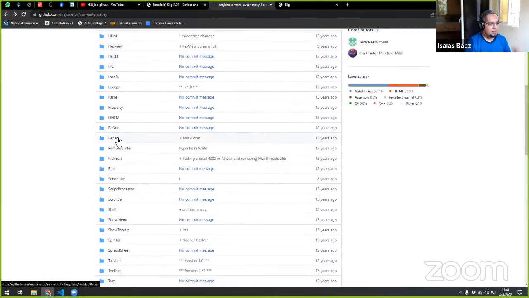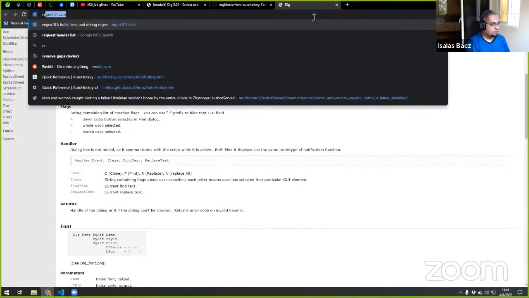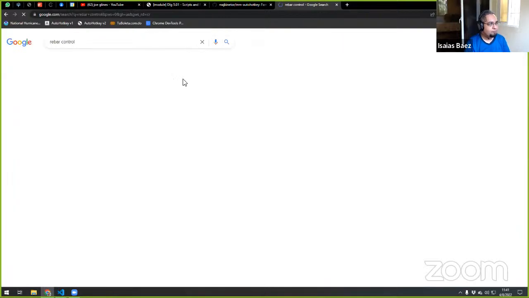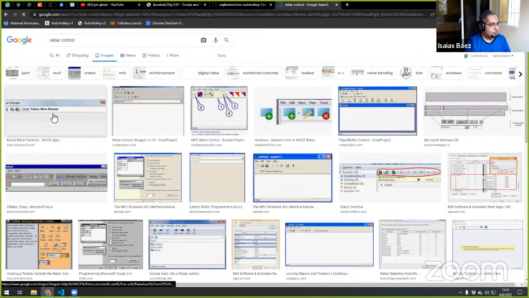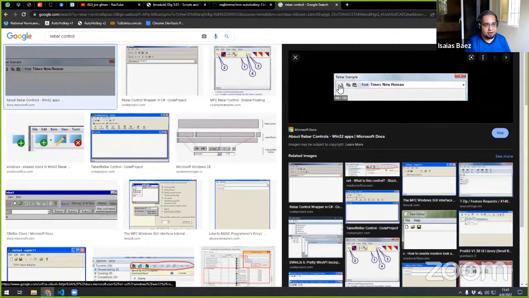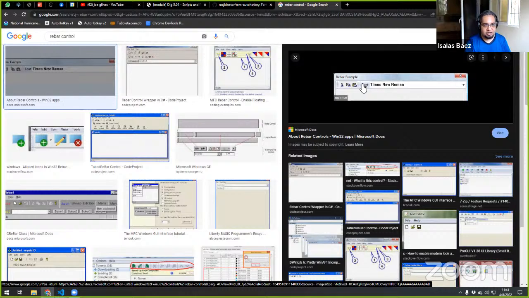So if I do this, rebar control. On top of your programs, I don't know if you have seen these toolbars that can have icons, but you can actually extend them and move them and change the size of them. That is what is called a rebar control.